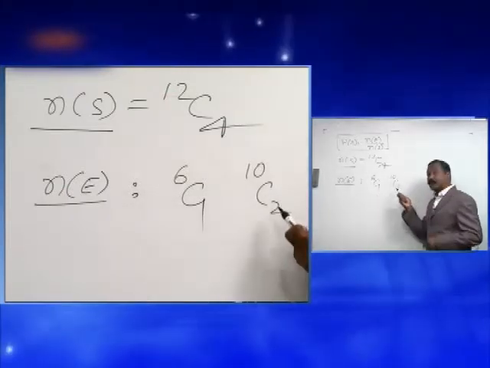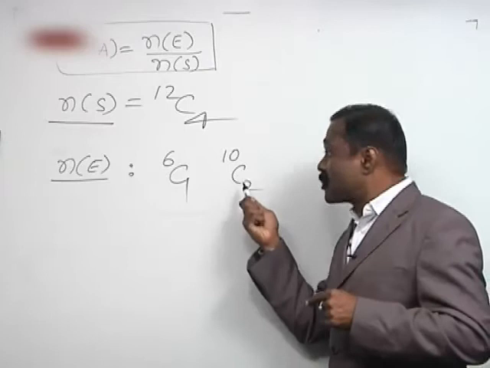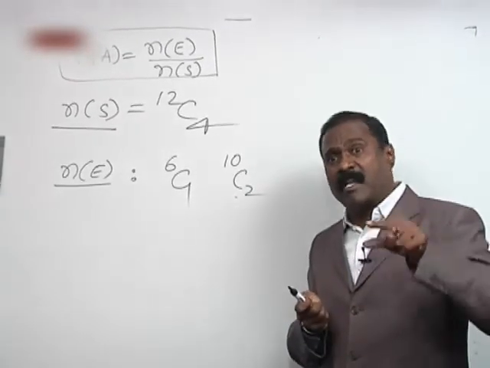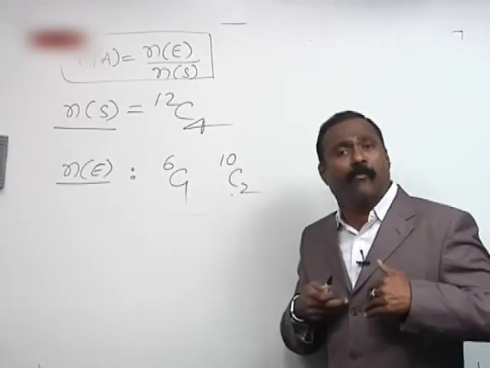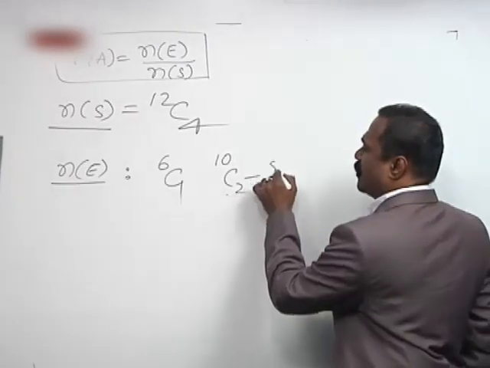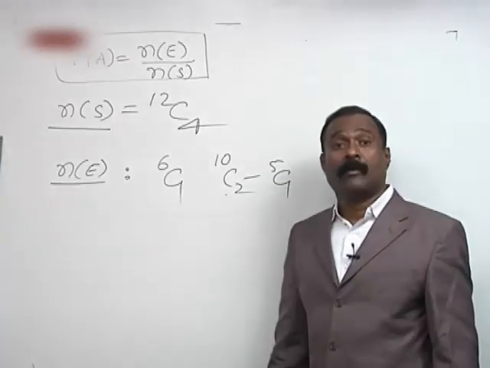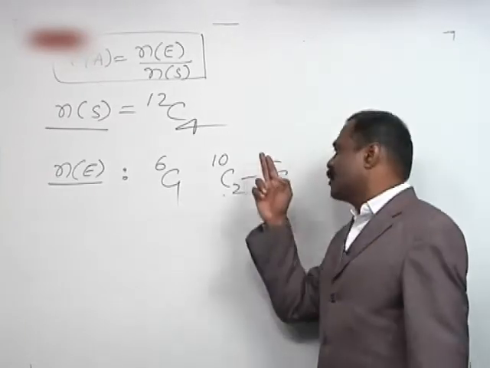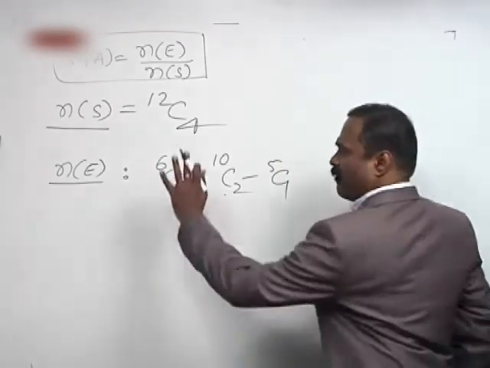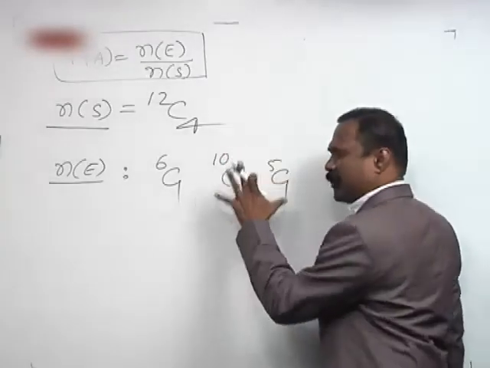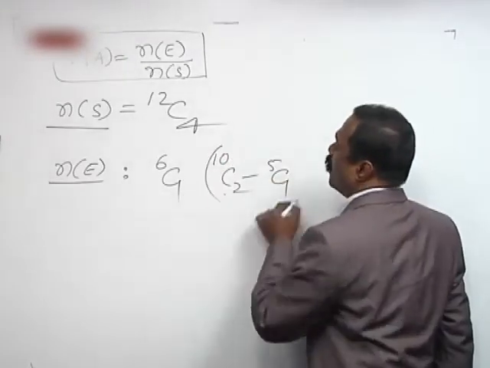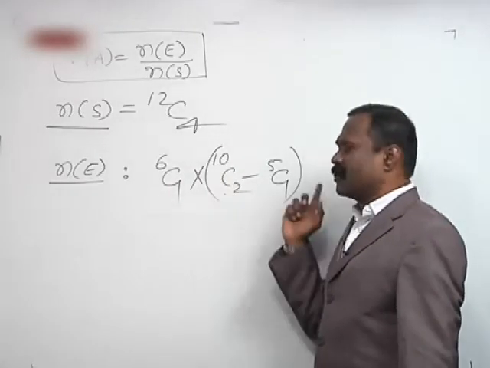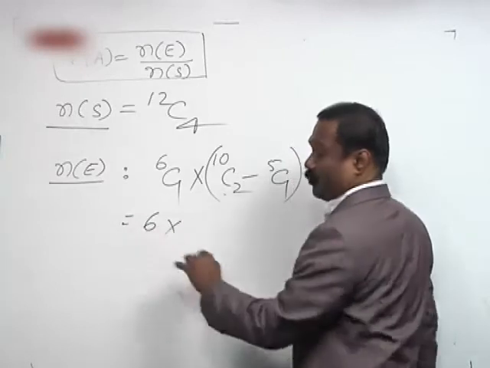So this 10C2 contains possibilities of getting again a married couple, which we don't want. That is why that is to be subtracted. What is 5C1? Because from 5 married couples I can choose 1. So that is subtracted because we don't want that. First operation performed, second operation performed, and these 2 operations, one after the other, can be performed in 6C1 into 10C2 minus 5C1, which is nothing but 6 into